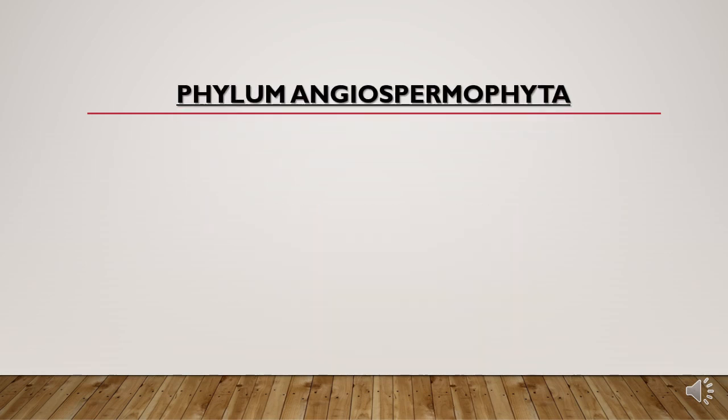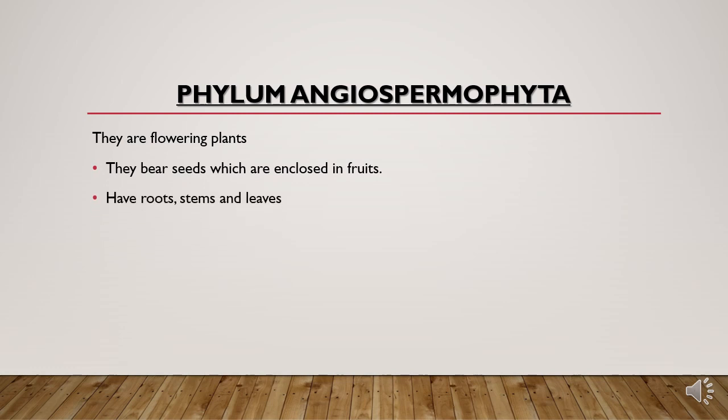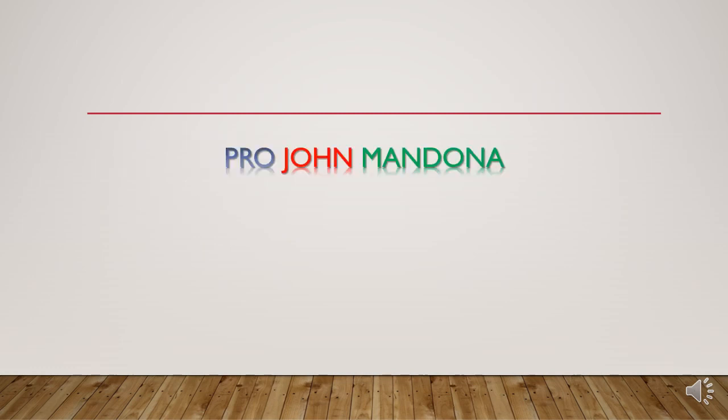We have another, the last phylum which we're going to discuss, the Angiospermophyta. They are flowering plants. They bear seeds which are enclosed in fruits. They have roots, stems, and leaves. They have the xylem and the phloem, which means they have vascular bundles. So for now, that's all that we're going to discuss. That's a brief description of the phyla of the